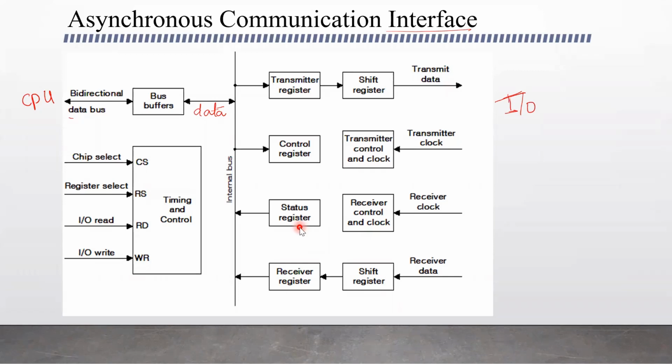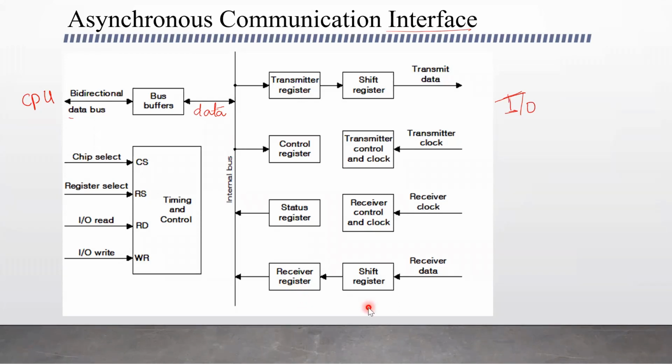So the CPU can know the status of transmission by reading the data from the status register. For showing the status, we have this register here, and we have the shift register here and the receiver register. When the data is being transmitted from some other source IO device to the CPU, where the CPU receives data, the CPU is the destination there. When the data is being received, the data arrives at the shift register first, which shifts the data to the receiver register.